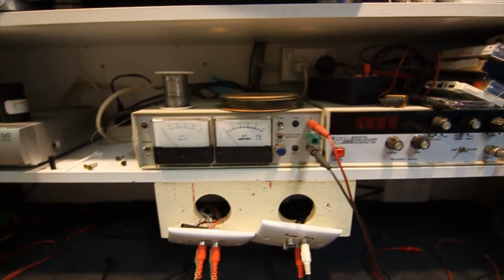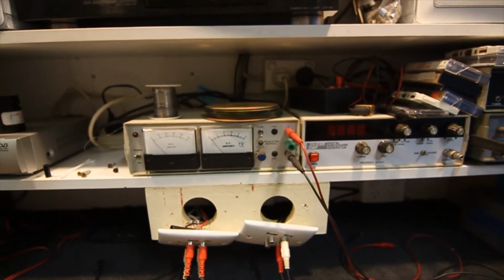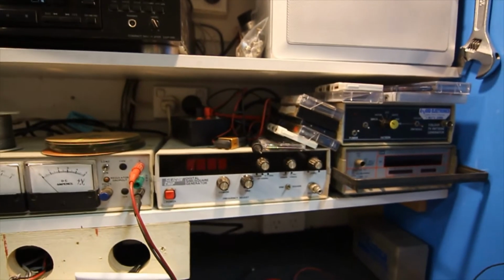Pretty rare, but occasionally you want something like that, or to test a light globe or something, so it's handy to have a separate bench power supply for that. I've got a signal generator there. I don't use that all that often, but if you're testing an amp that's got distortion or something, you want